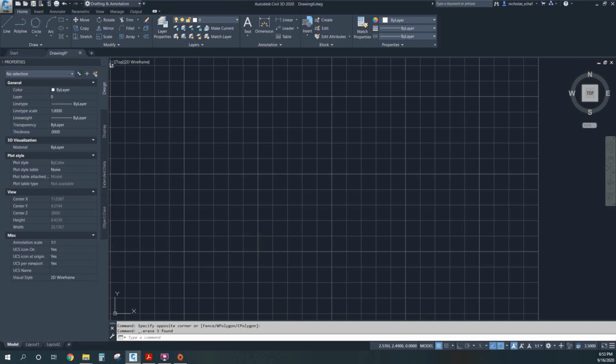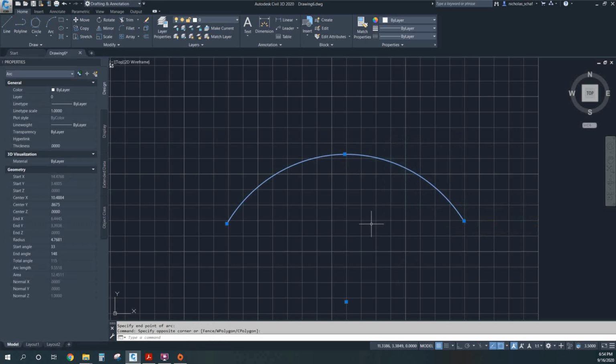And the next thing we're going to talk about is the arc command. The arc command has many different options. I personally almost never use the arc command because you can create an arc in polylines. So I personally don't feel the need to use that. But I will just show you a quick sample. So this is the 3-point arc. So if you know 3 specific points where you want your arc to be,